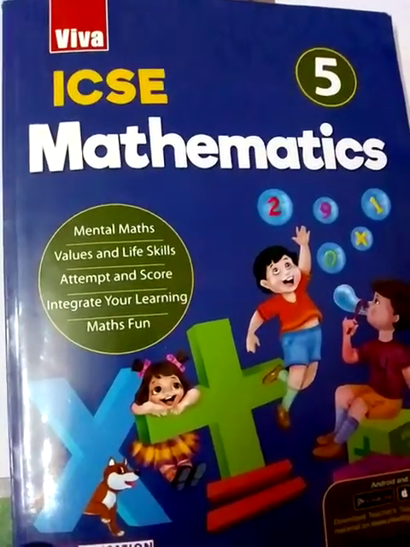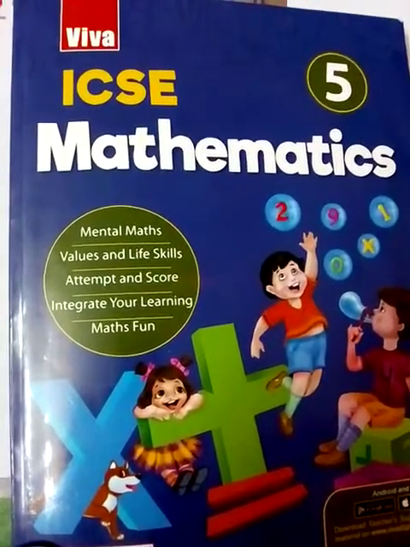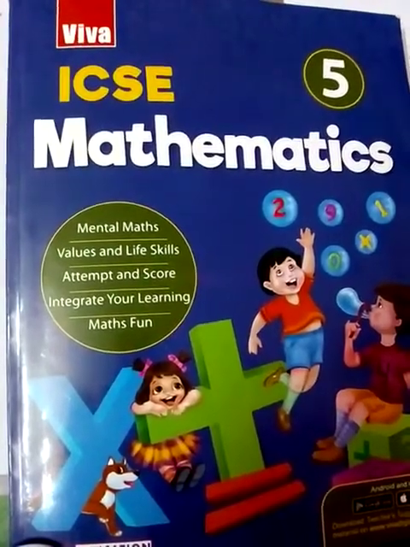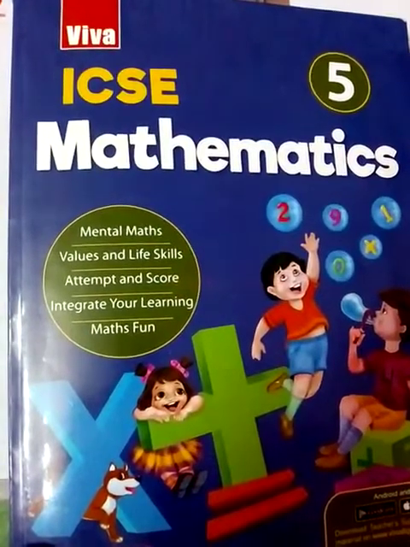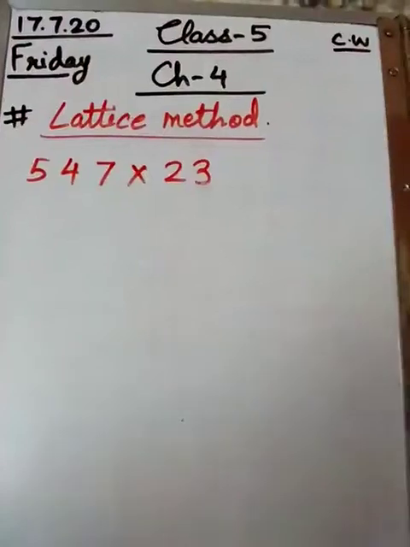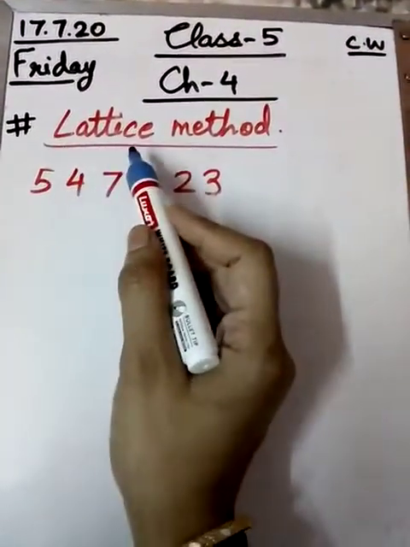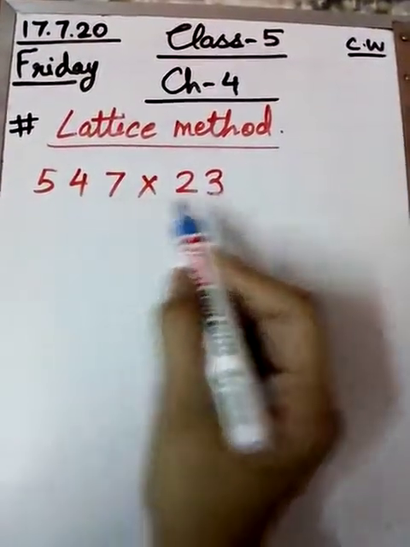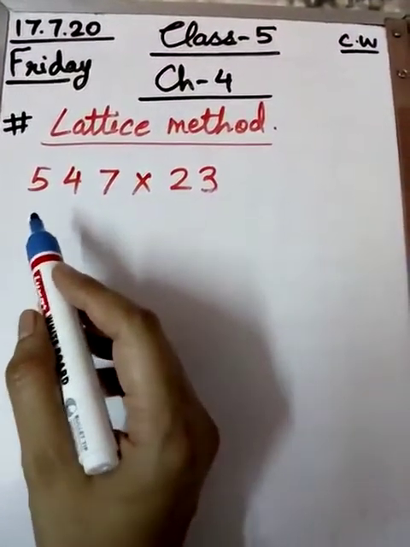In the previous class, we have learned multiplication, how to do multiplication, and also how to multiply a number with 0, 10, 100, 1000. In today's class, we will learn something new about multiplication. Let us begin with a new method of finding product, that is called lattice multiplication method. Here we will draw a grid with the help of which we will be able to multiply large numbers.